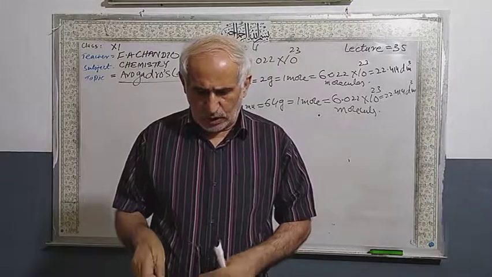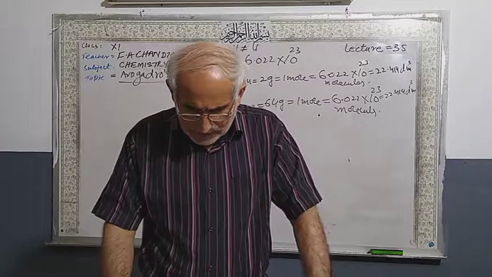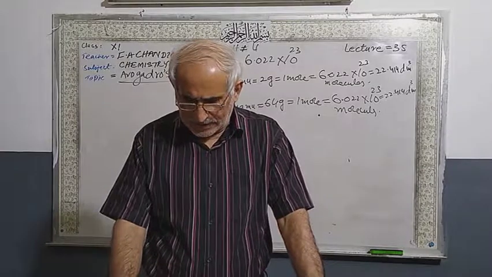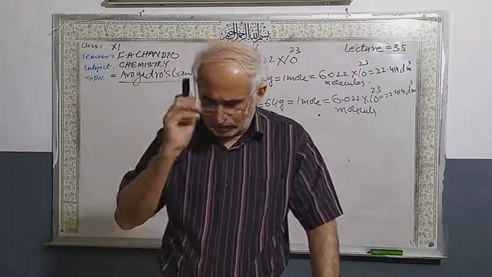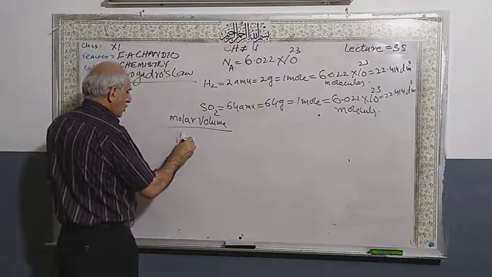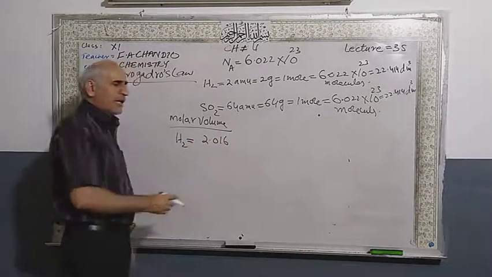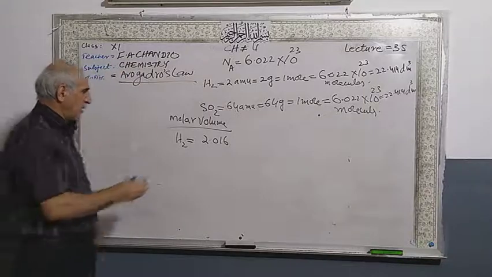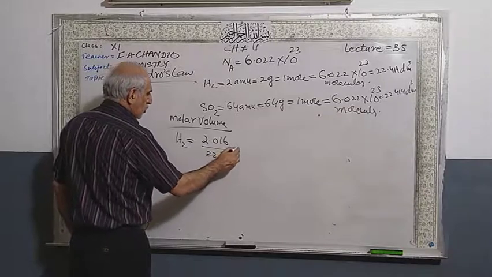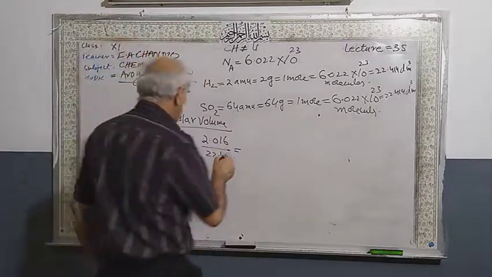So he said that if you are going to calculate the mass of hydrogen gas, if you have 1 decimeter cube of hydrogen gas, its mass can be calculated. Students, the molar mass of hydrogen gas is 2.016, that is 1.008 for 1 hydrogen multiplied by 2, divided by the molar volume 22.414. So you will get the mass of the gas, which is equal to 0.09.